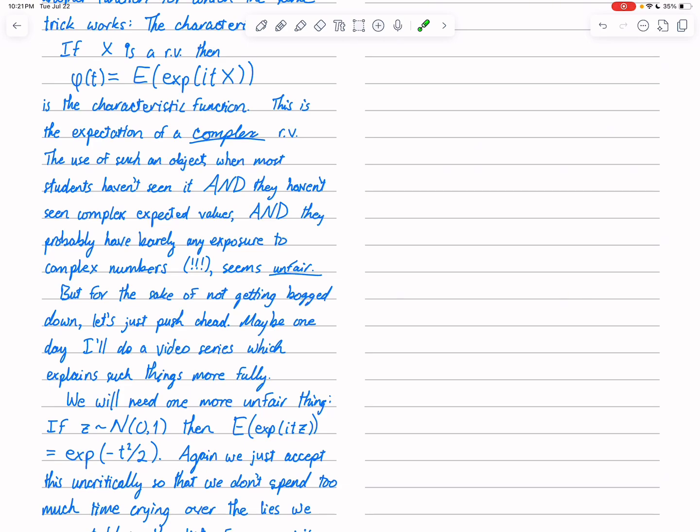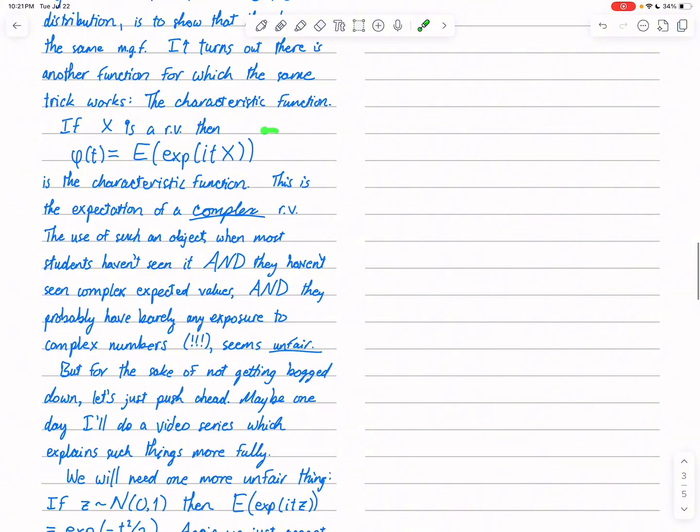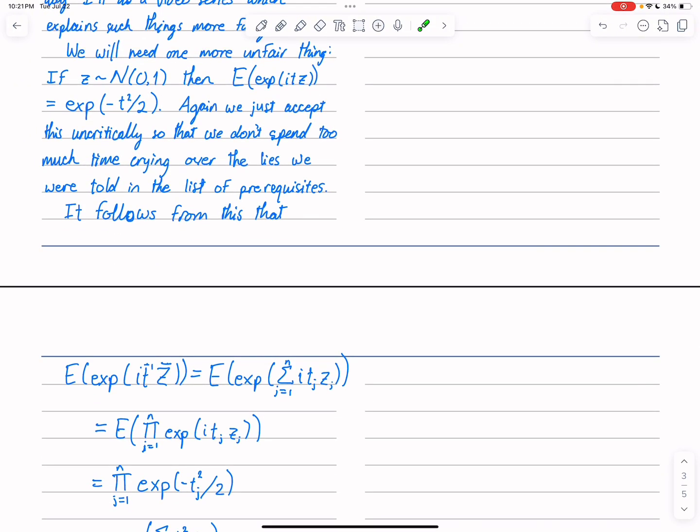So we're going to say that if you take some two random variables, and if you compute their characteristic function and those characteristic functions are the same, then the random variables must have had the same distribution. And we're just going to try to work with this thing without thinking too much about what's going on inside of it. Anyway,